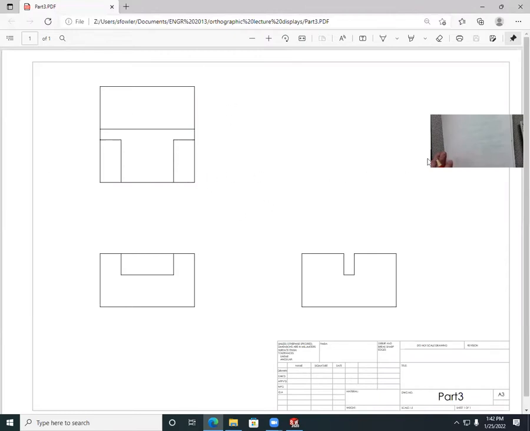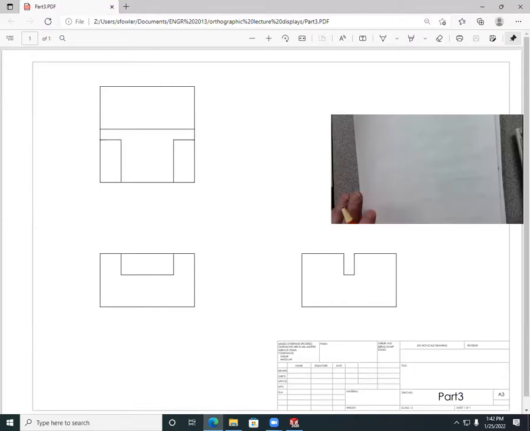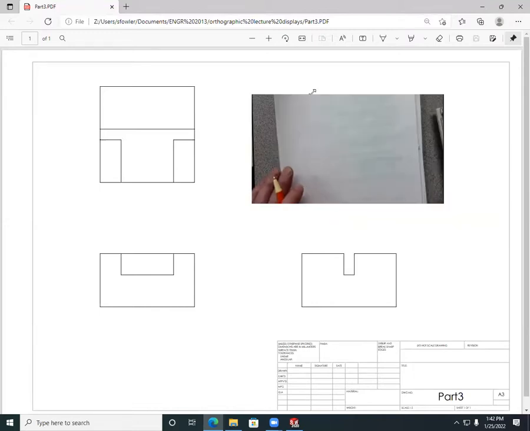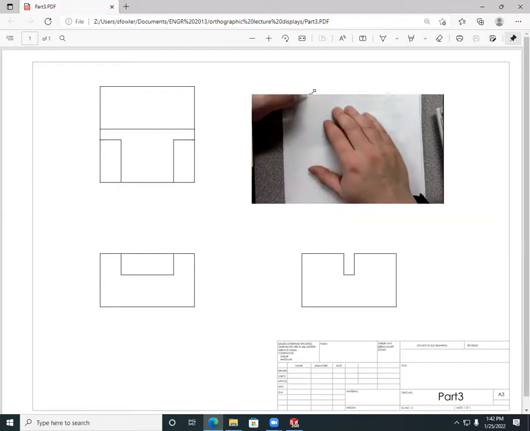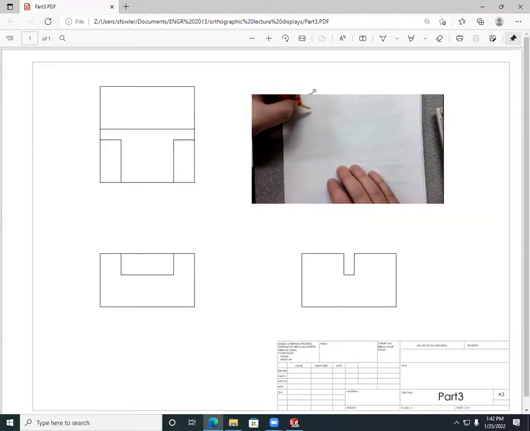For those of you here in class, I think we'll do this so you can see me. I'm going to draw this with you, because I know some of you are drawing this in your notes already. I know this is a little small for you to see, and the people watching this on YouTube, you don't even see it at all. But I think the people on YouTube will see the little thumbnail here. If I draw the top projection here,